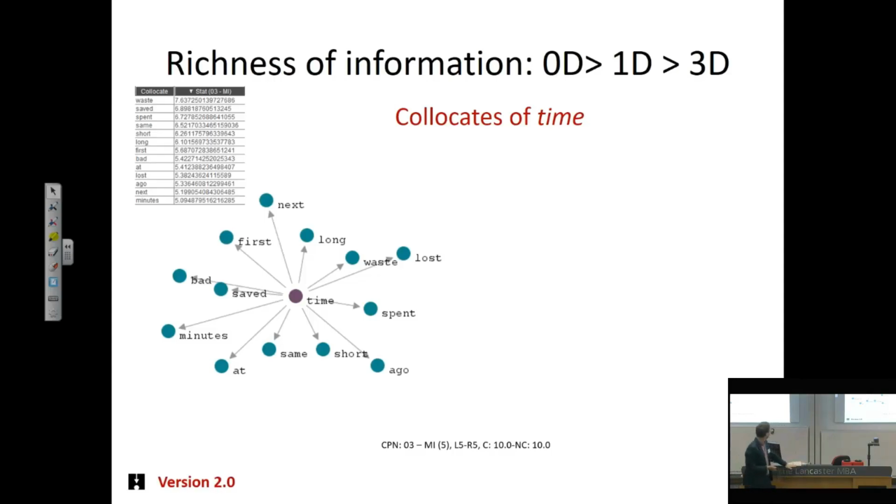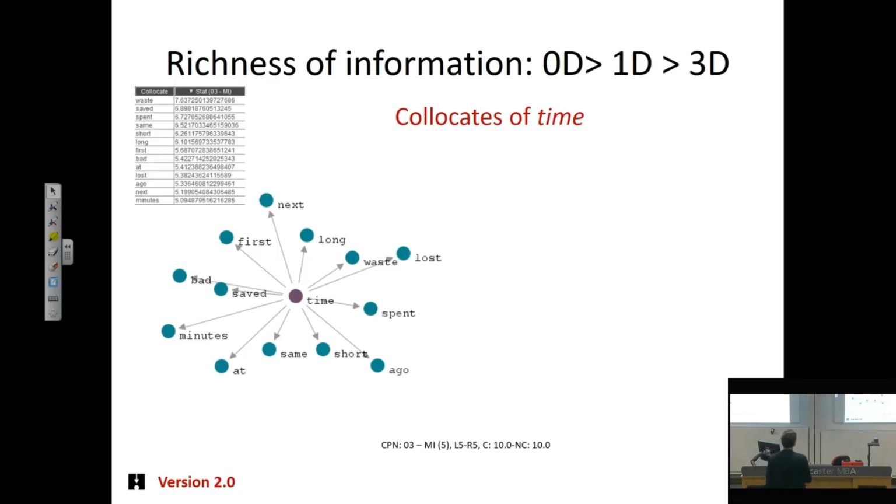So our version 2 of Langsbox had this type of data visualization, and people quite like that. There was the search word, the node in the middle, and the collocates around the node, the same thing that I would display in a table. But this time, the statistic would be displayed as the length of the arrows or the edges in the graph, and it will be inversely proportional. So the larger the statistic, the shorter the arrow. So imagine this being a magnet trying to attract the collocates.